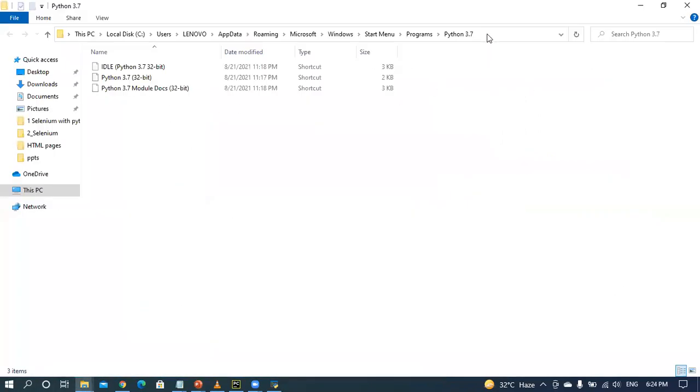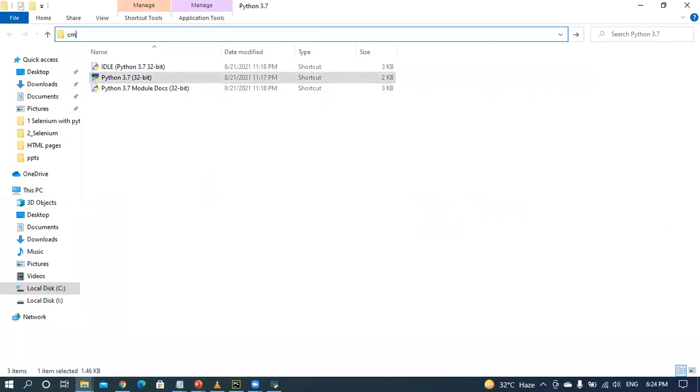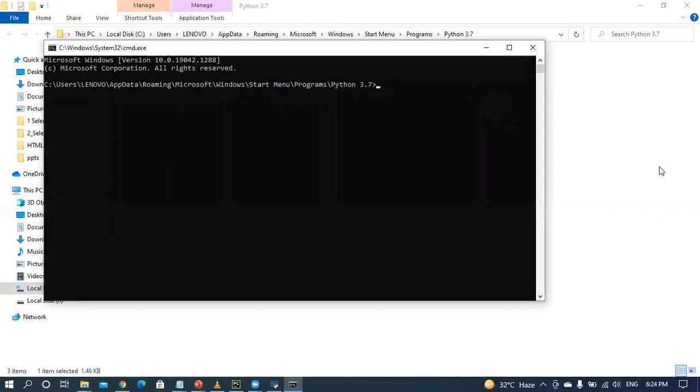There you will identify it. Open the cmd command prompt. In the command prompt, type pip install Selenium. Then it will install.